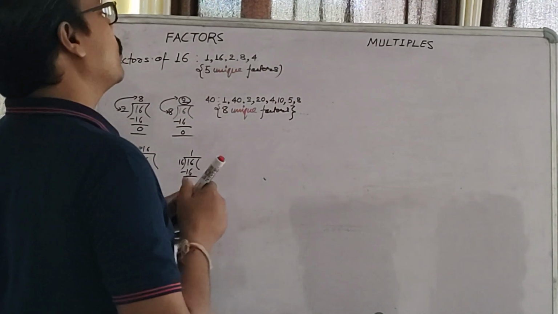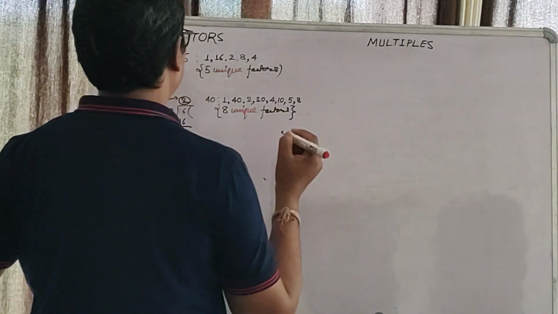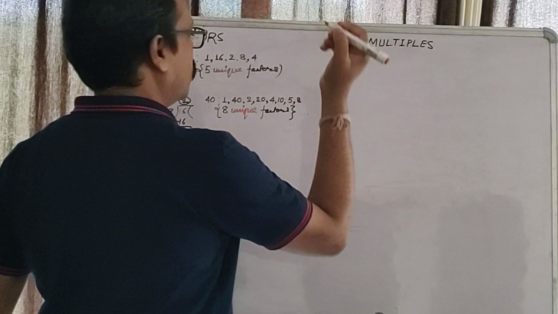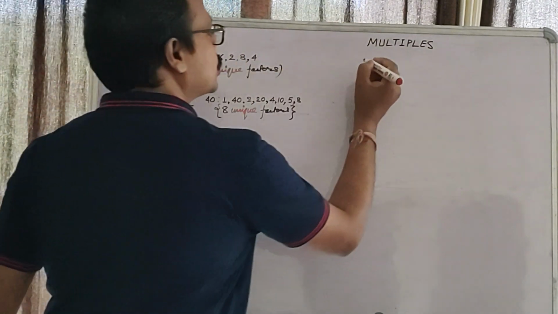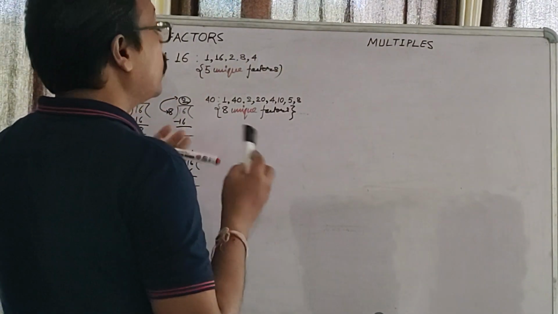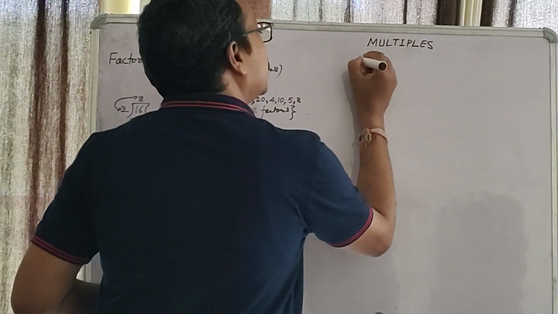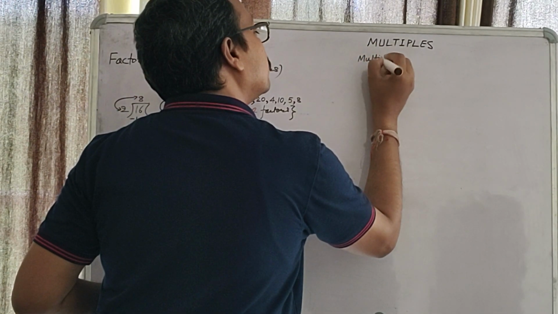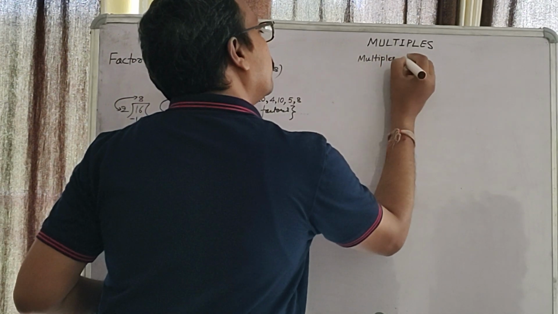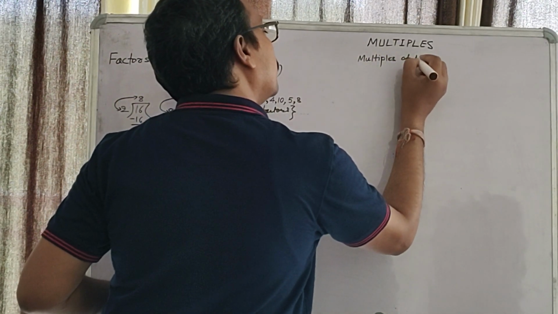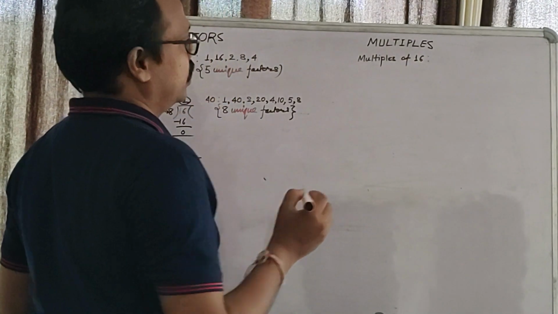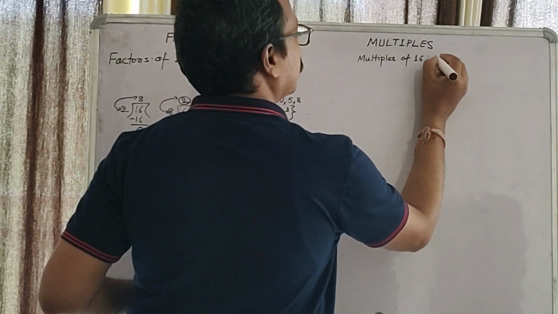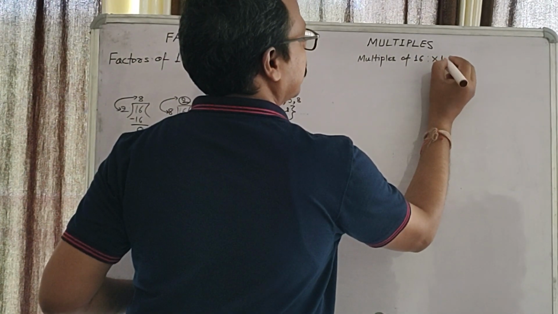Okay. Now let us talk about multiples a little bit. What is multiples? So we will go with number 16. We will say what are the different multiples of 16? Multiples of 16. First multiple is what? First multiple, in order to find out, we have to multiply it by